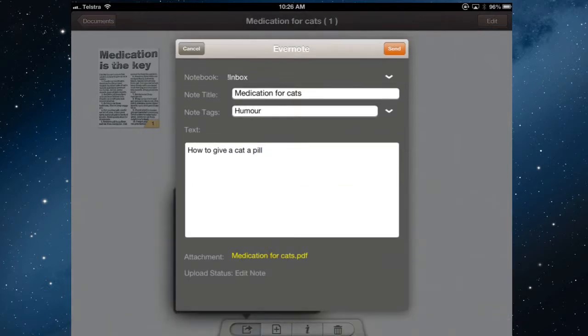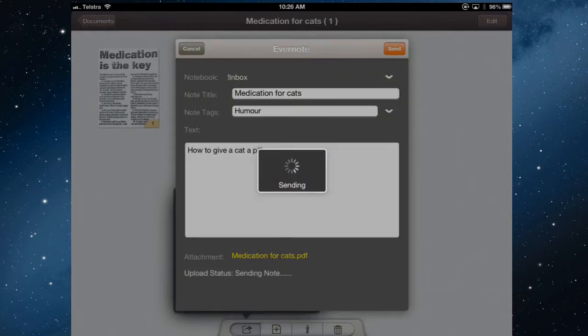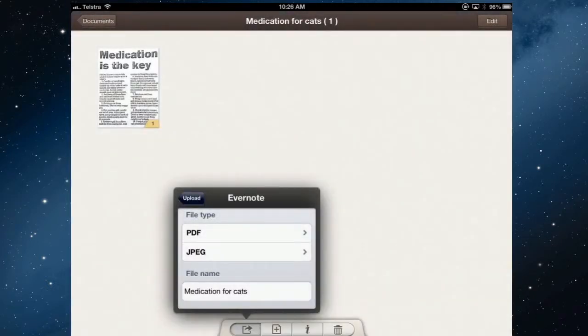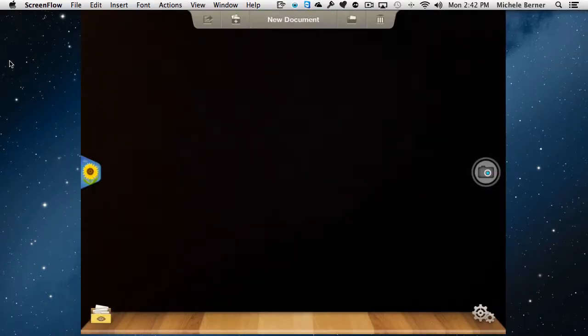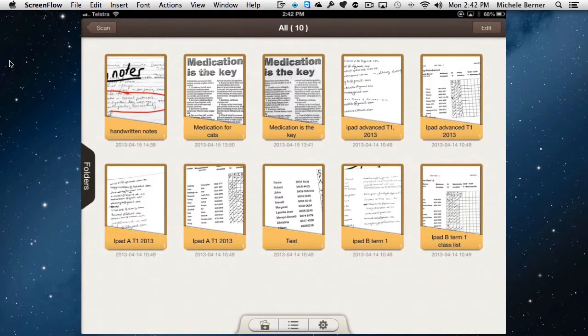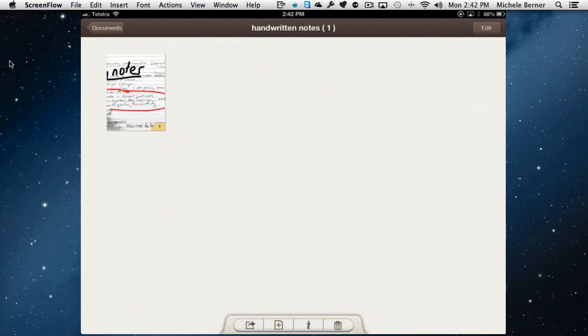And send that up to Evernote, where I have a collection of notes and ideas and receipts and whatever. And not only does it scan typed notes or text out of books or magazines, but you can also scan handwritten notes. And here's some I did before,